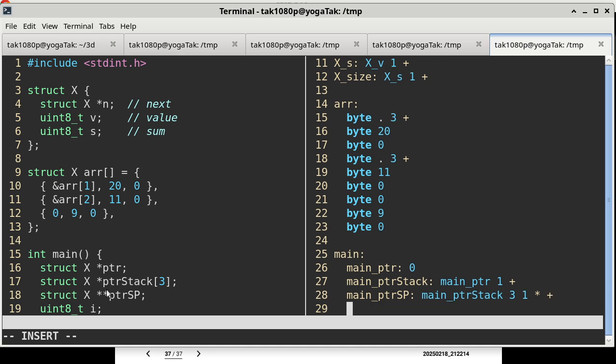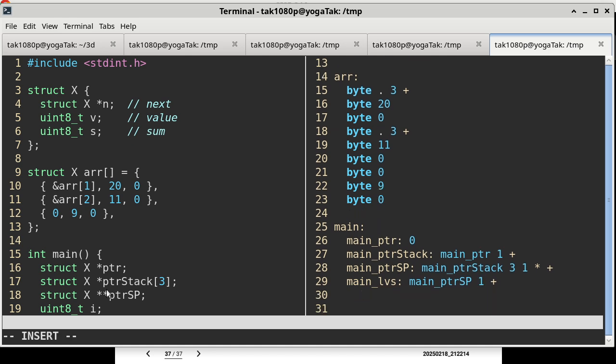All right, and so in the usual manner, I use LVS to keep track of local variable size. So it is the offset to the very last one plus the size of the last one. Even though pointer stack pointer is a pointer to a pointer, it is a pointer, so it only takes up 1 byte. That is the reason why we have this one here. So with this all done, we can, yes,